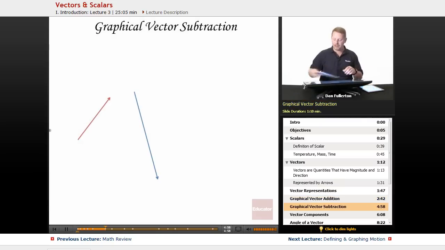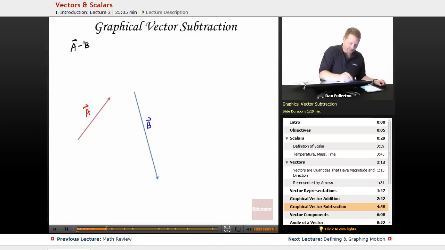All right, how about graphical vector subtraction? Here we have A again and B. Put the line over them to indicate their vectors. What do we do for A minus B? Well, the trick here is realizing that A minus B is the same as A plus the opposite of B. Well, what's the opposite of B? It's as simple as you might guess. If we have B pointing in this direction with this magnitude, all I have to do is switch its direction,